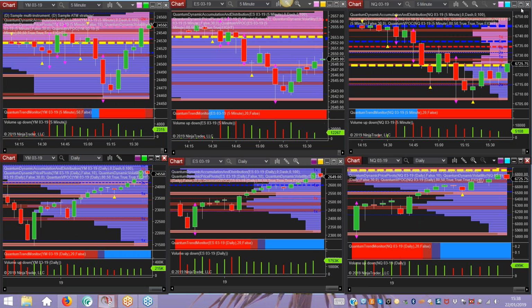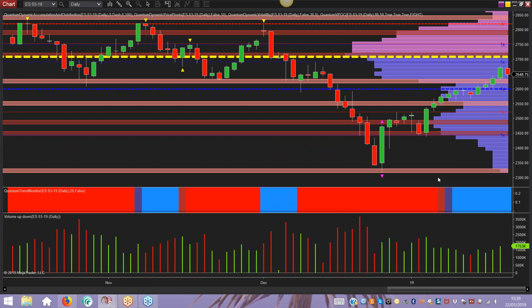Market's trying to rally. We're moving back towards the volume point of control. This is the ES. As far as the ES is concerned, over the last few days, we've had gently rising volume with rising price action, which is fine. But we're now starting to move back into these pretty deep regions of not only volume resistance, trading around the volume point of control, which is this yellow line, which is the fulcrum of the market.